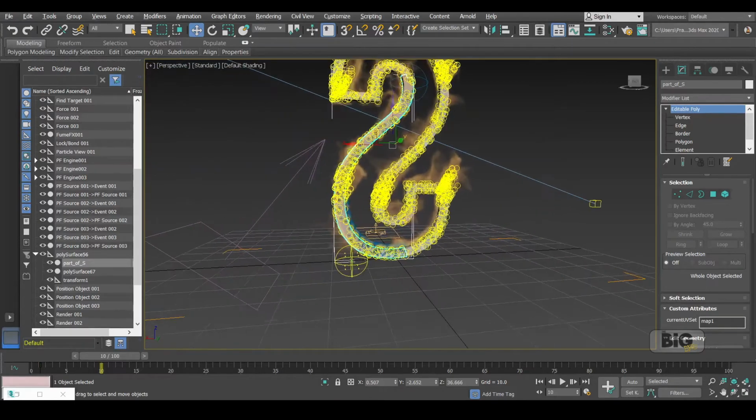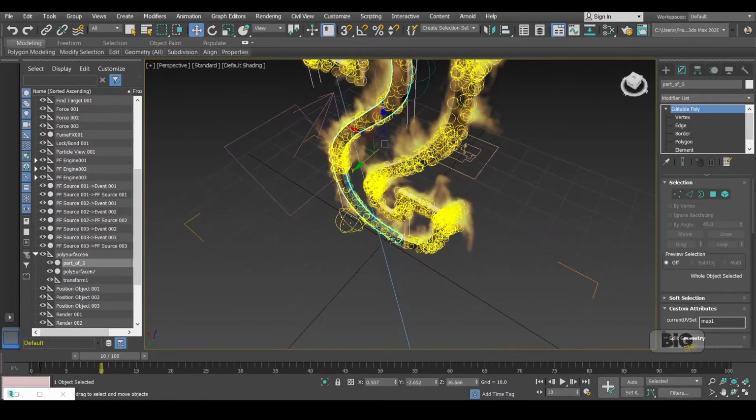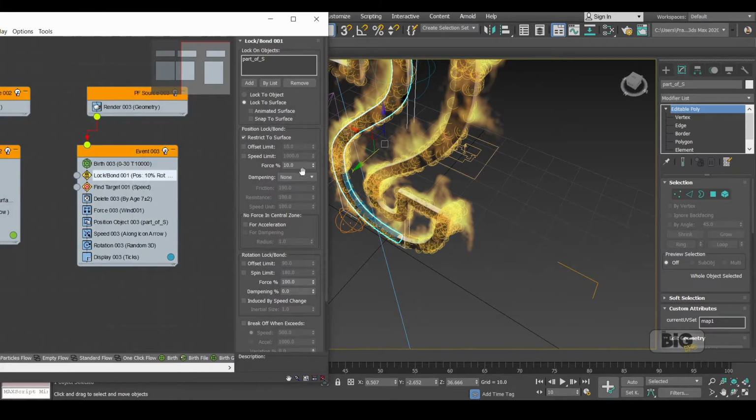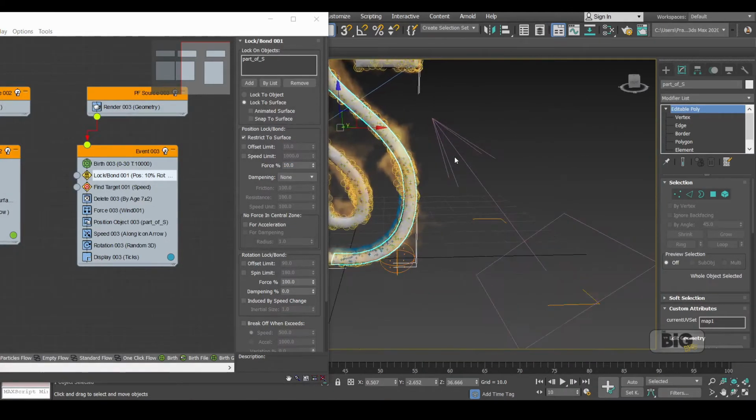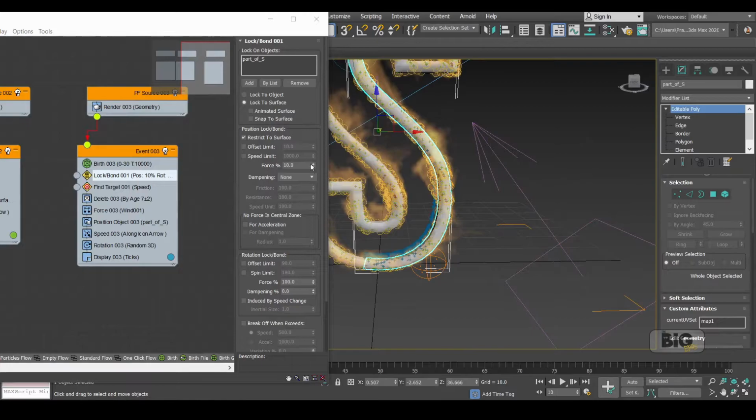And they are, as you can see, mainly gone in this direction, which we don't want. We want it to go all throughout. So what we have to do is play around with our force. Let's set our force to say 70 or 99,